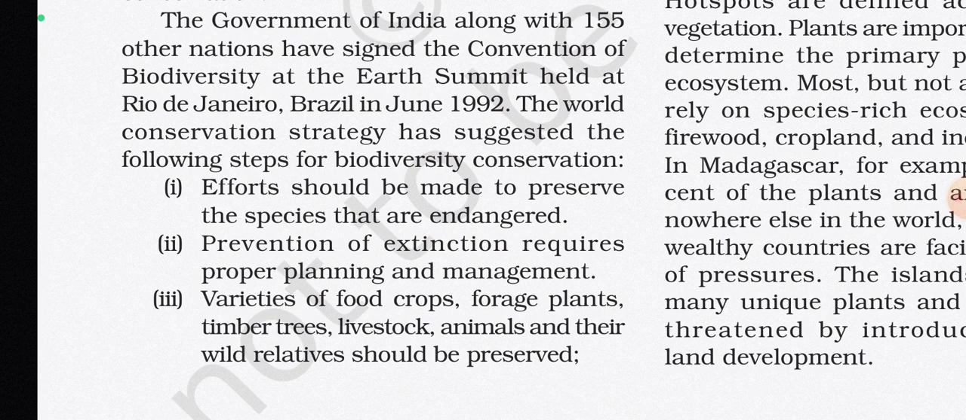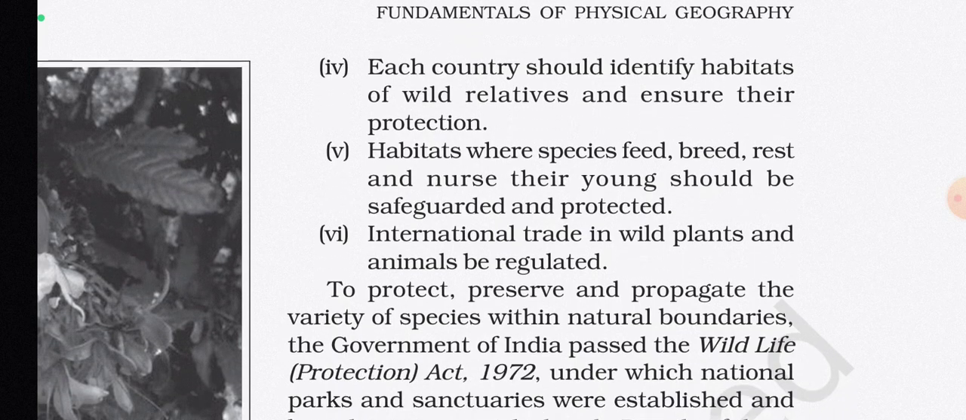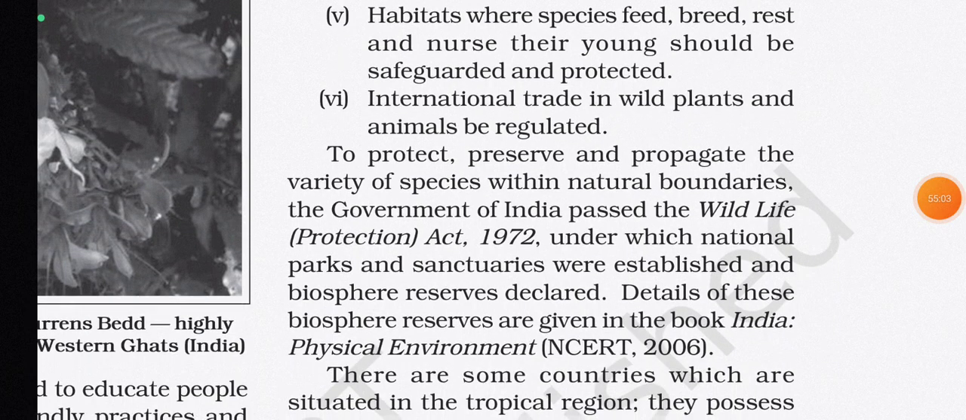Varieties of food crops, forage plants, timber trees, livestock animals and their wild relatives should be preserved. Each country should identify habitats of wild relatives and ensure their protection. Habitats where species feed, breed, rest, and nurse their young should be safeguarded and protected. International trade in wild plants and animals should be regulated. To protect, preserve, and propagate the variety